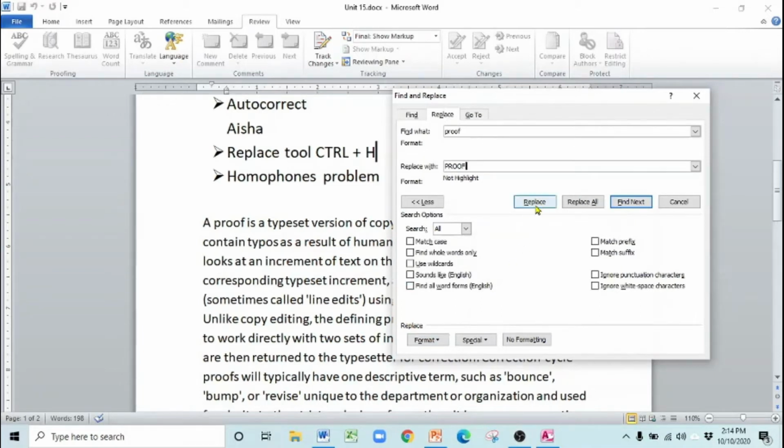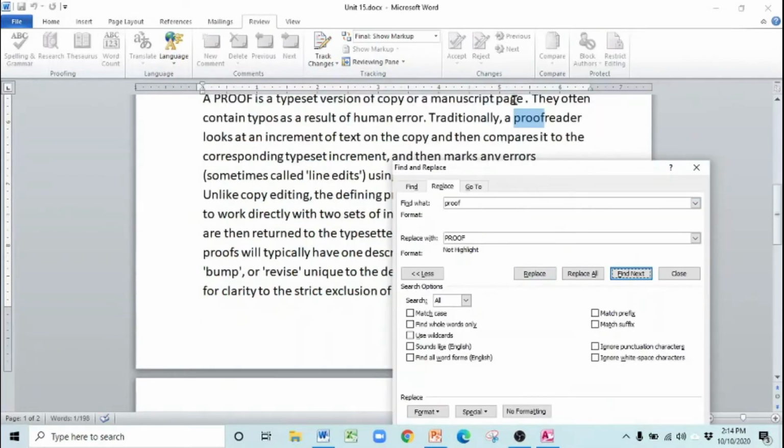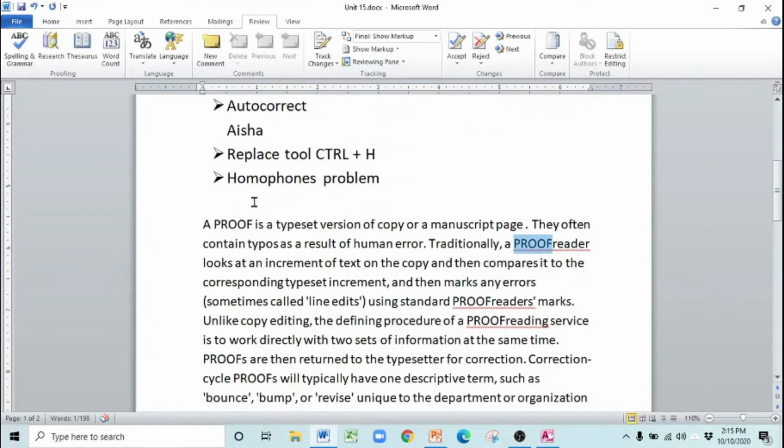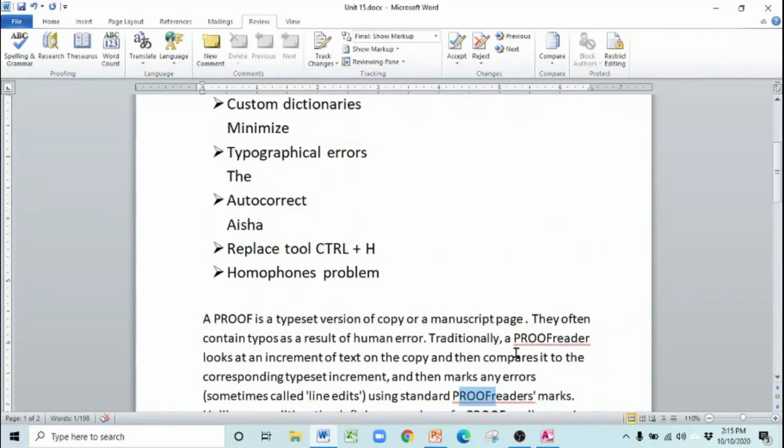If you click on the option replace, it will replace only one, then will ask you for the second one. Okay, only for the first line it will replace, and then will ask you. Suppose I am doing replace, it is asking if you want to replace that one, replace. Okay, so it is showing you one by one. If you click on replace all, let me highlight that one. If you click on replace all, wherever the word proof is written, it automatically made the 10 replacements. It means in the whole document I have written this word 10 times, so look here, it is capital now. Okay, so if you want to change any word for the whole document, you can go for the option replace all.